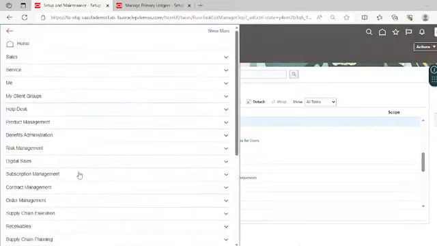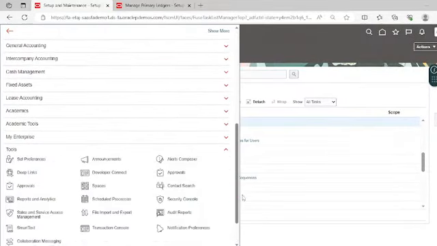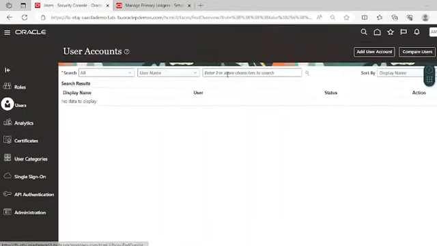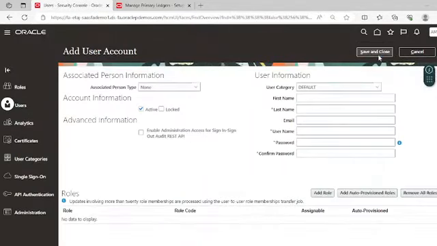Go to security console. Then go to the users and click on add user account.